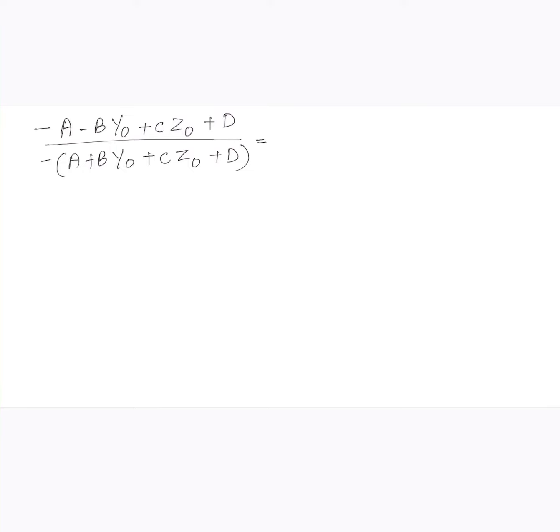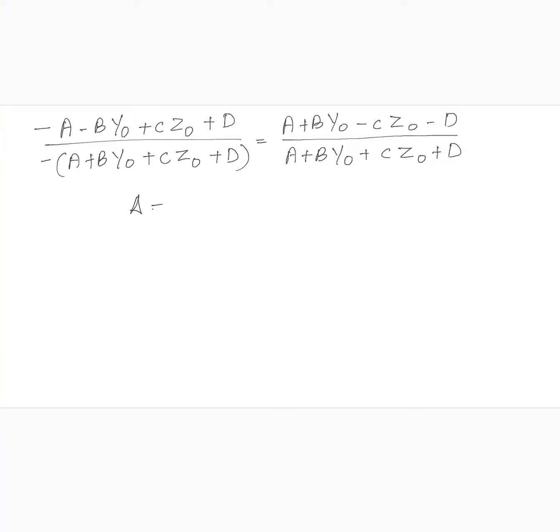So this can be written as A plus B Y0 minus C Z0 minus D divided by A plus B Y0 plus C Z0 plus D,